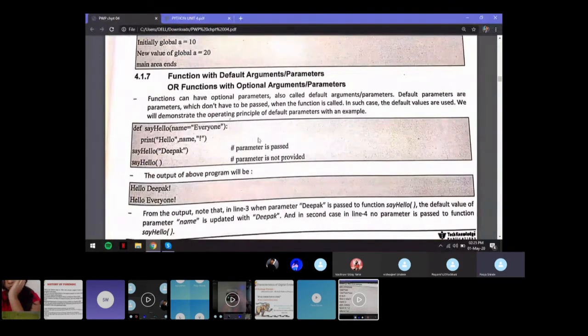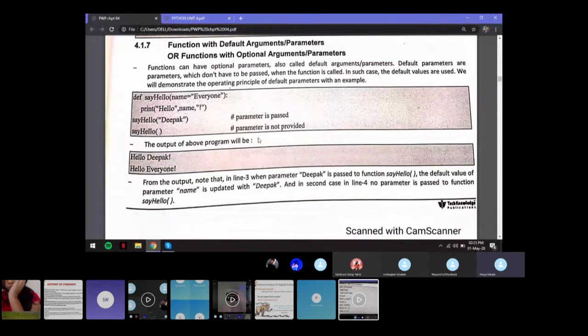Okay, so now functions with default arguments, or functions with optional arguments. So let's see.